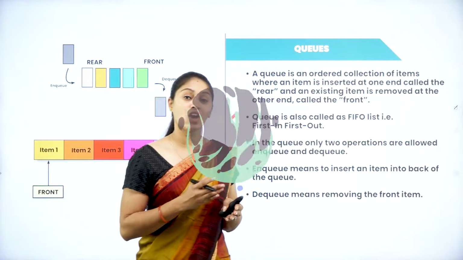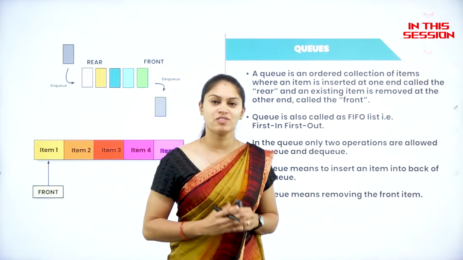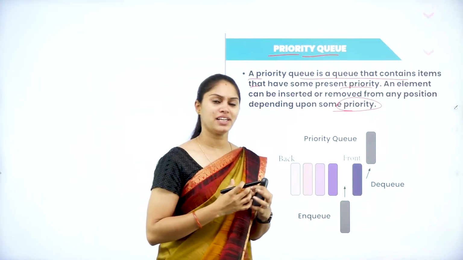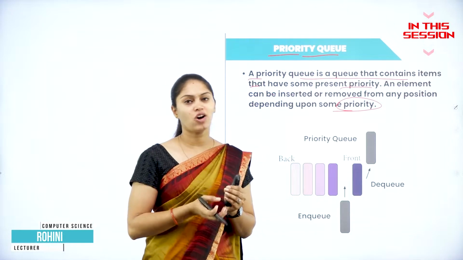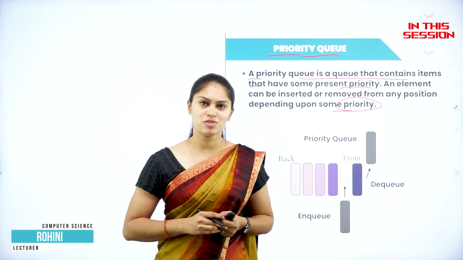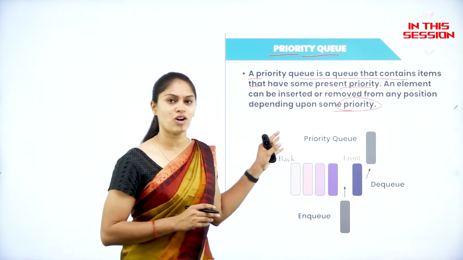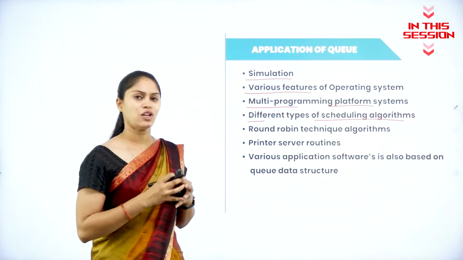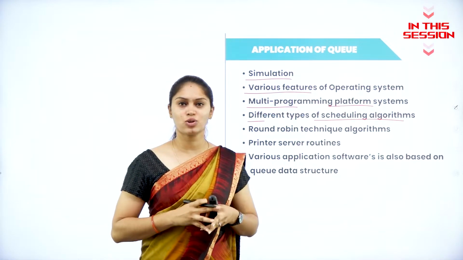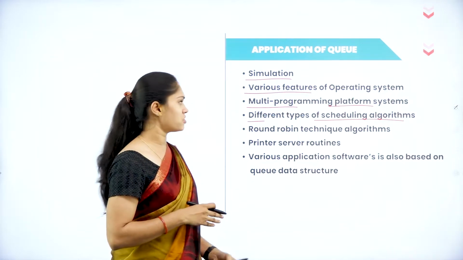Queue is also an ordered collection of elements. We can insert an element and we can delete an element based on the priority, whether we want to add an element or delete an element. That can take place by making use of a particular type of queue called priority queue. Mainly, in order to maintain the CPU's time, we are going to have some scheduling algorithms. For that purpose also, we are going to use this queue concept.